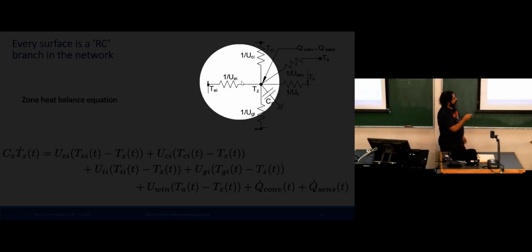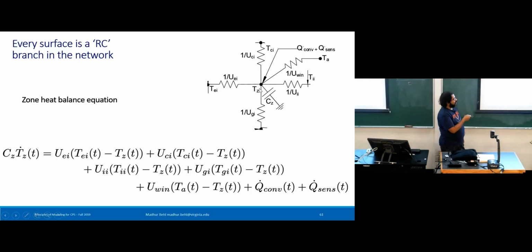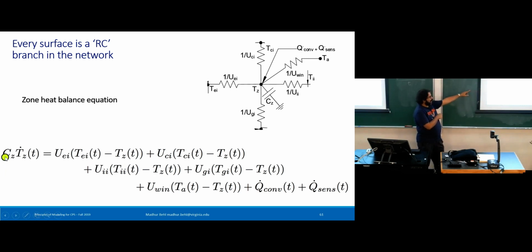So, we've just cropped that image to look at what is happening to the zone temperature. And what is happening is the following. You have the thermal mass of the zone air times the rate of change of temperature of the zone is equal to this convective heat transfer between the external wall, the inside surface of the external wall, which is why it's EI, and